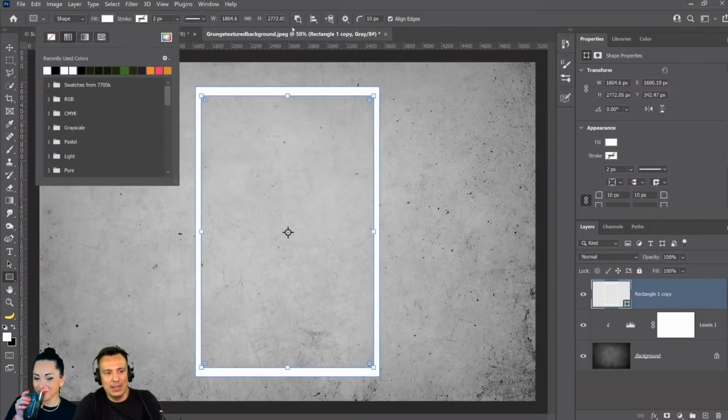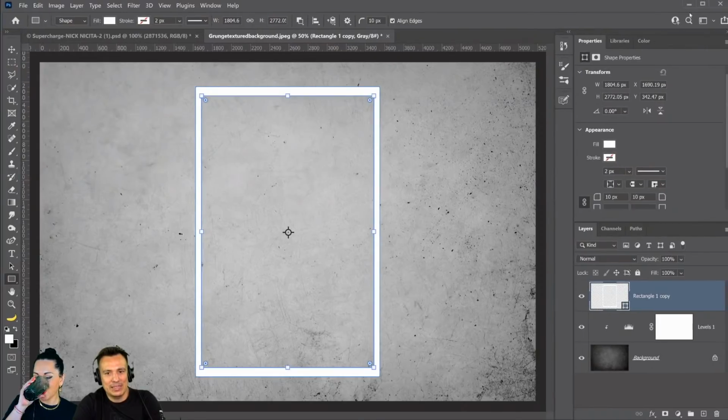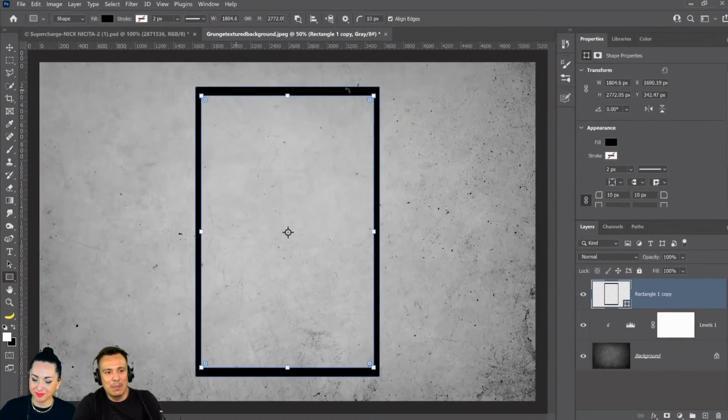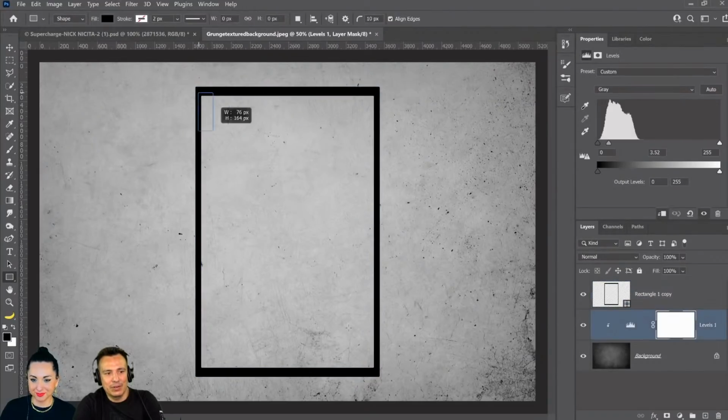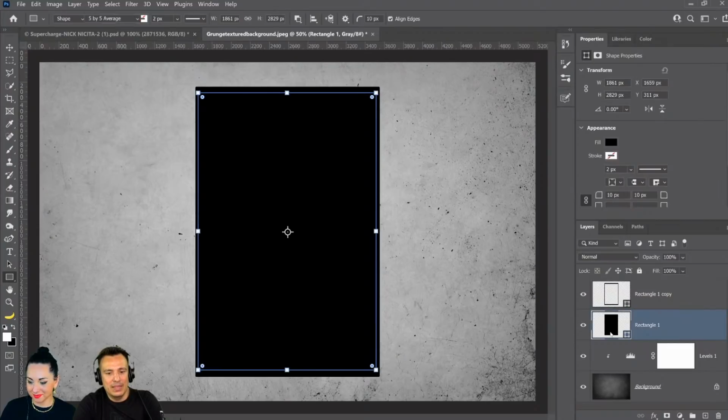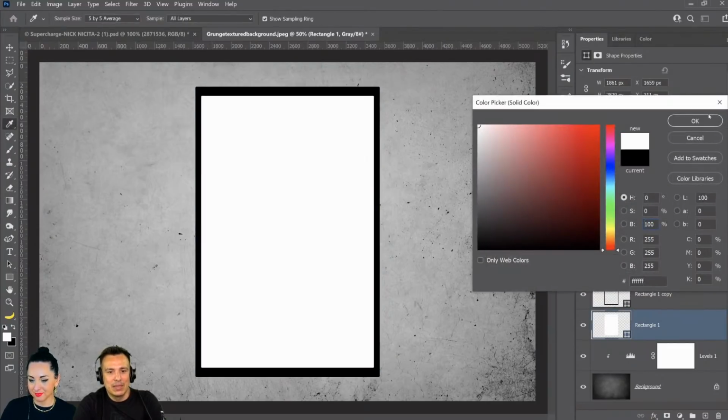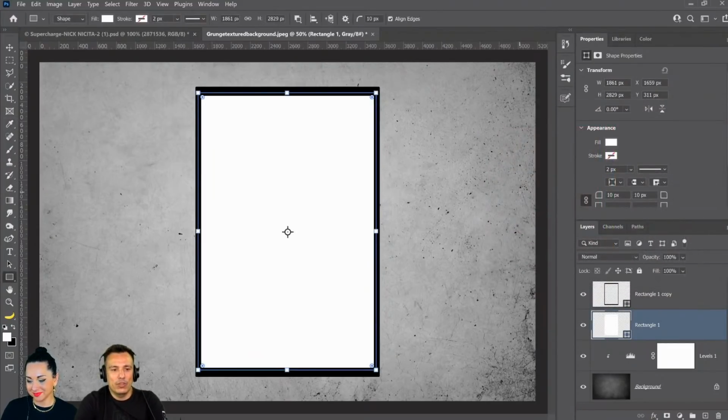Oops, sorry, I had that shape selected, which is why I accidentally changed the color. But anyway, let me just create the frame here, the inside rather, like so. And this is going to be white. Now, the reason that I'm doing all this work is because I think you'll get a lot more out of it if you have control of the individual pieces to just create a better composite, a better mockup.